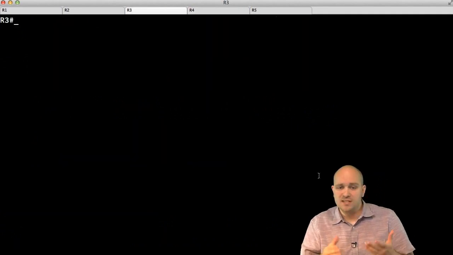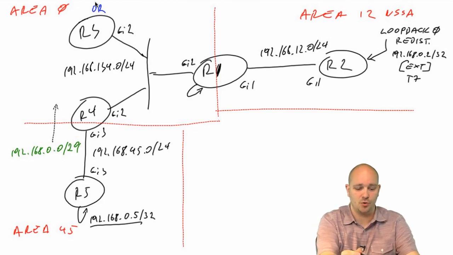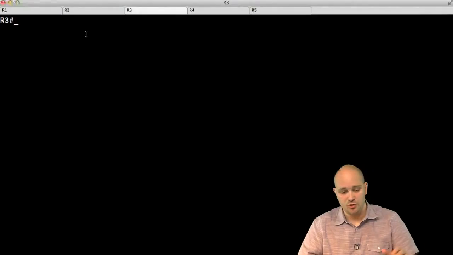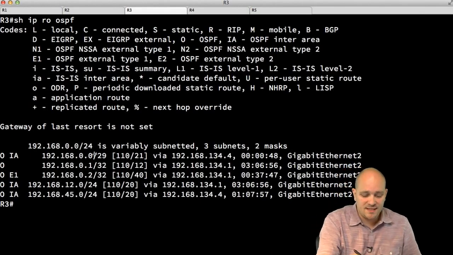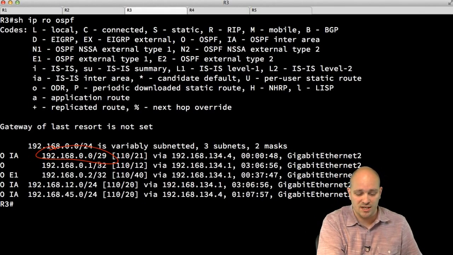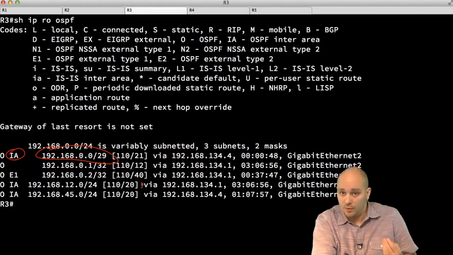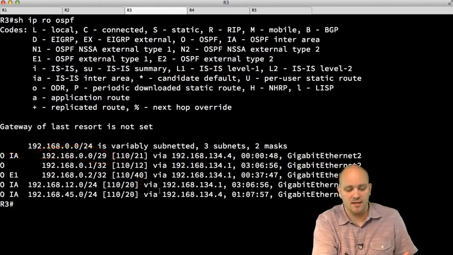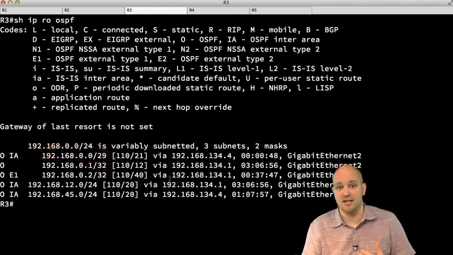So if I go, for example, to R3, which is one of the backbone routers here, what I should be seeing if I do show ip route ospf is the route for 192.168.0.0/29, and I'm seeing it as an inter-area route. So I can see that the summary actually made it across, and the more specific route that was advertised before